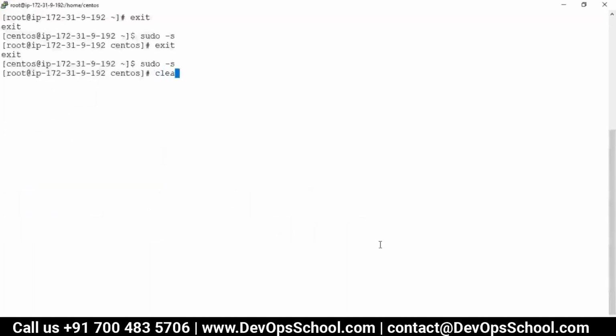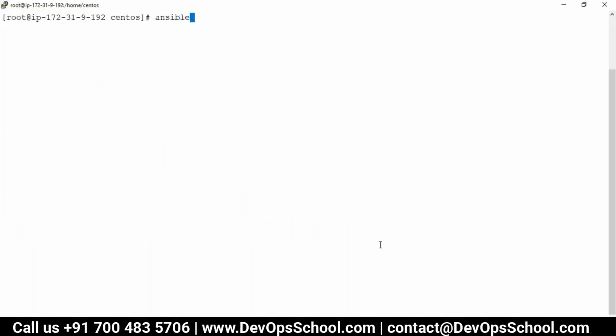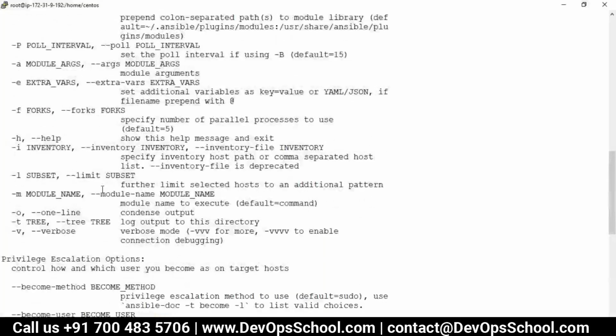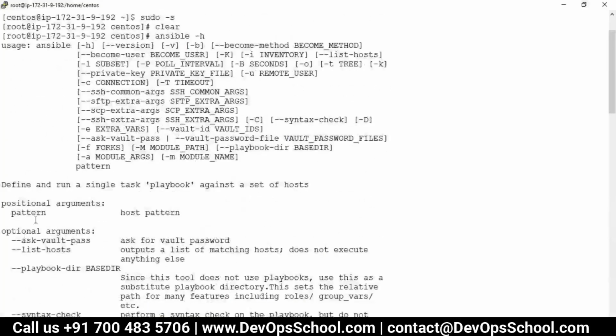So if I don't know, then I will ask the Ansible help file, and I should know these are the host patterns. Now, how do I provide a pattern for a remote machine?